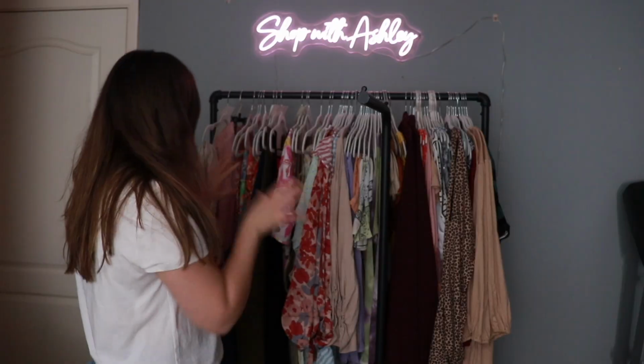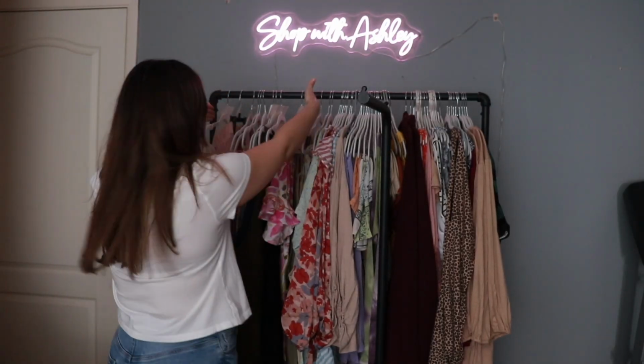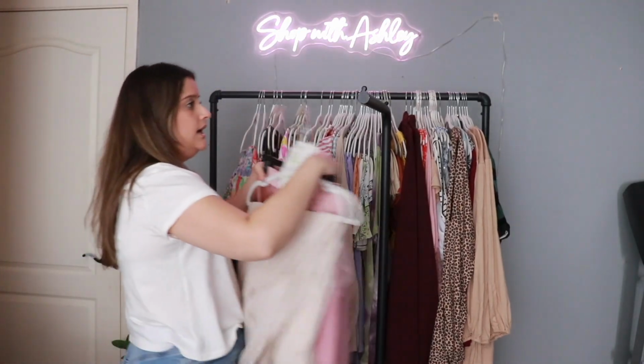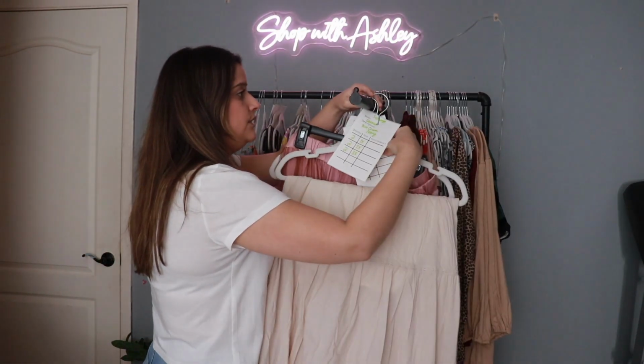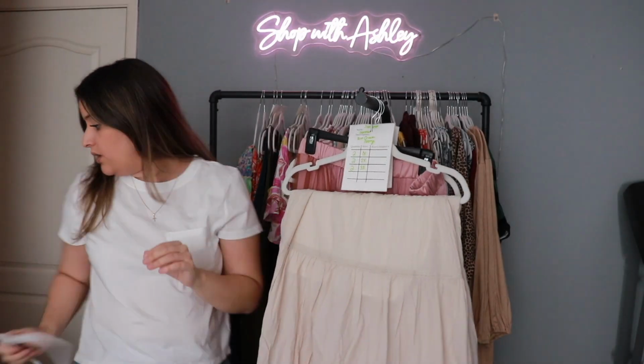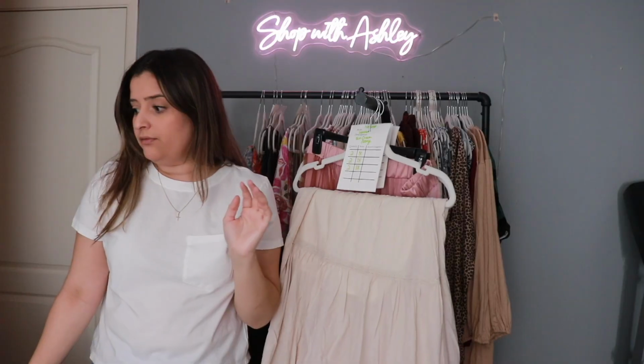Okay, so I'm going to start off with all of the new pieces. I'd say this little section right here is my new inventory. So I'm going to quickly hang these here and then show you all of the new items and my thought process on whether I think they'll perform well or not. Also, I wanted to show you,